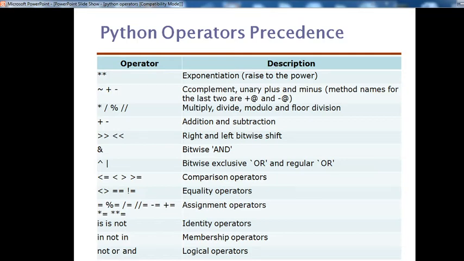Plus, minus, addition and subtraction, right and left bitwise shift, bitwise AND, bitwise exclusive OR and regular OR, comparison operators, equality operators, assignment operators, identity operators, membership operators, and logical operators. These are the operators available in Python. The identity operators are called is, is not; membership operators are called in, not in; and logical operators are called not, or, and.